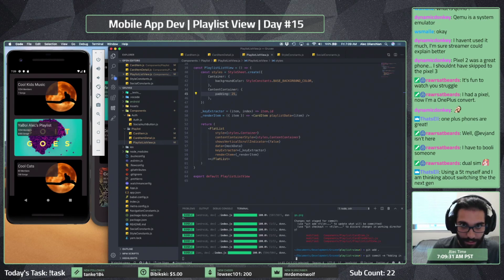Adding in style sheet import and changing